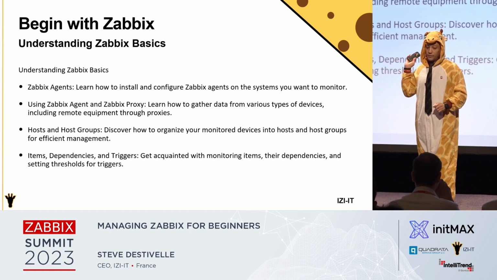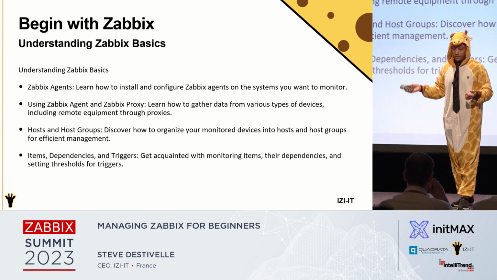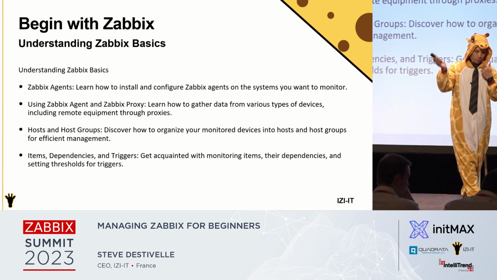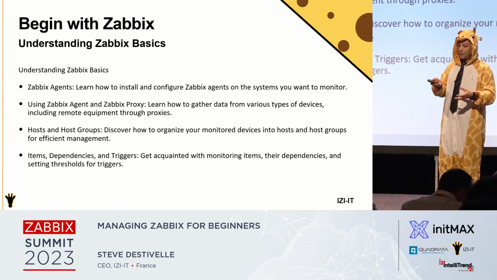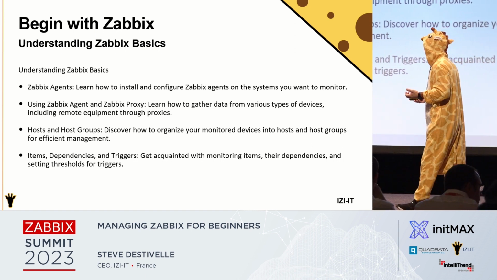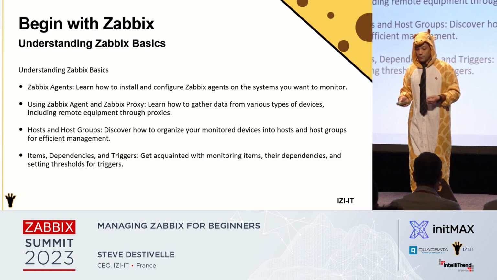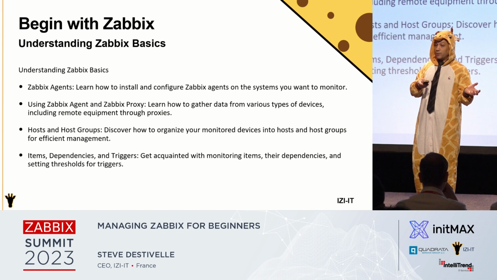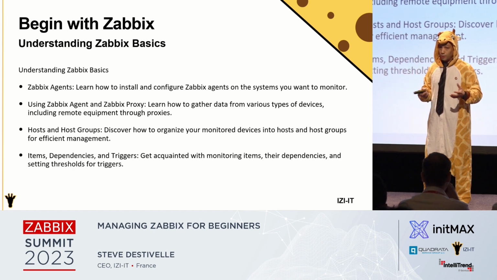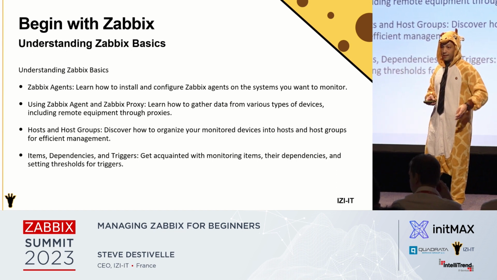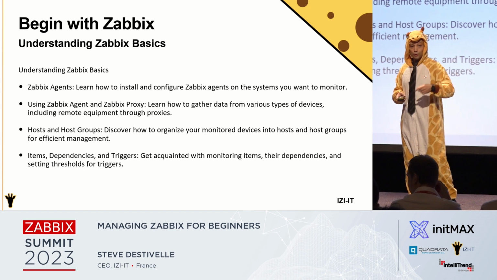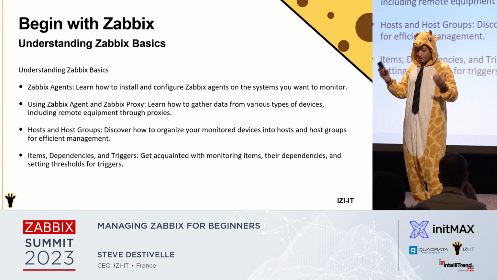Okay, so once you have thought about host groups, you're ready to go for the items, dependencies, and triggers. And thanks to the previous speakers, because I think this is a summary of what you saw previously. The item is capable of collecting. Dependencies between the triggers avoid a lot of alerts. Thanks, Riyad, for that, to avoid alert fatigue.